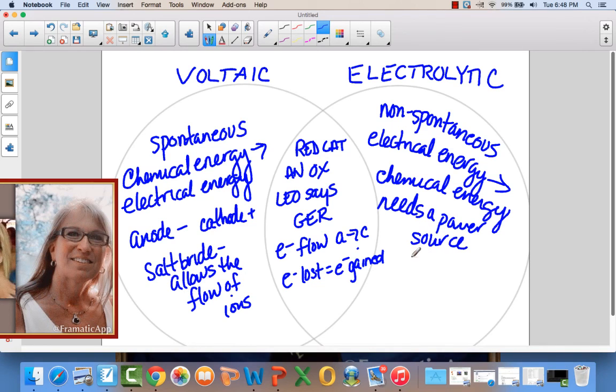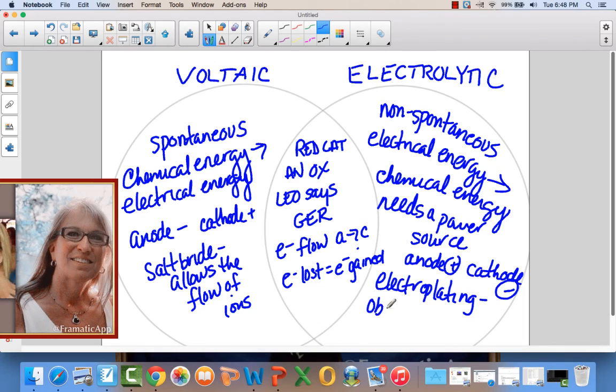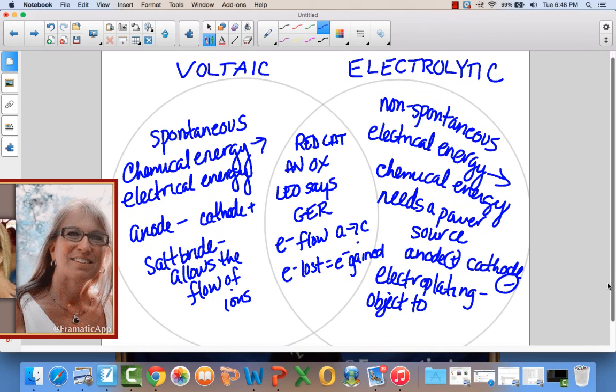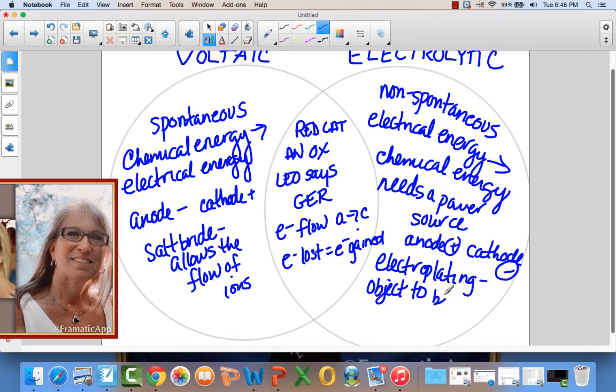And the anode is positive and the cathode is negative. And if electroplating is taking place, the object to be plated is always at the cathode. So the ring, the fork,